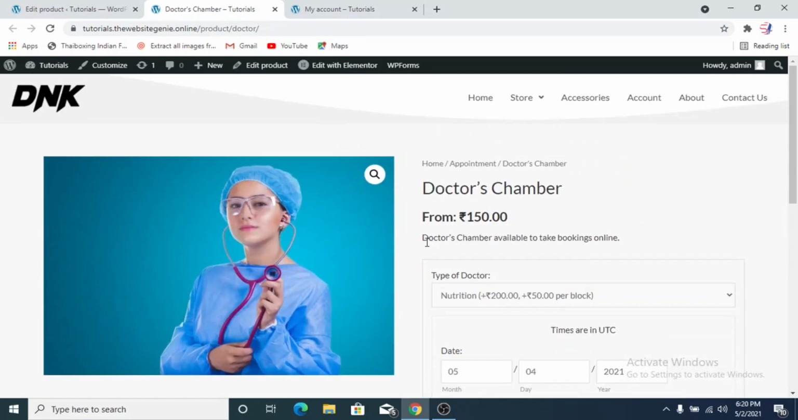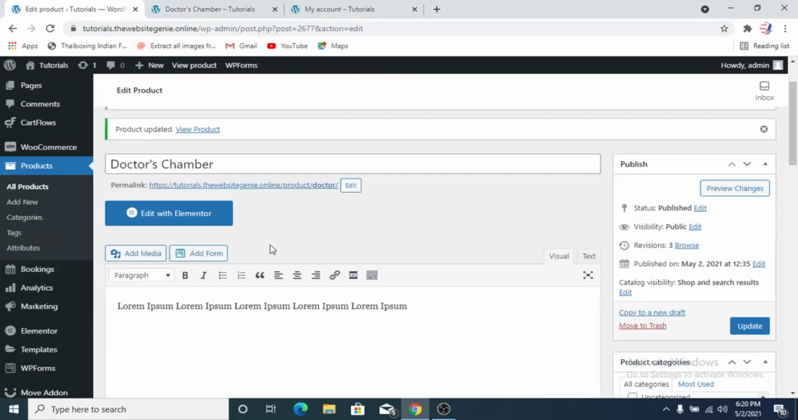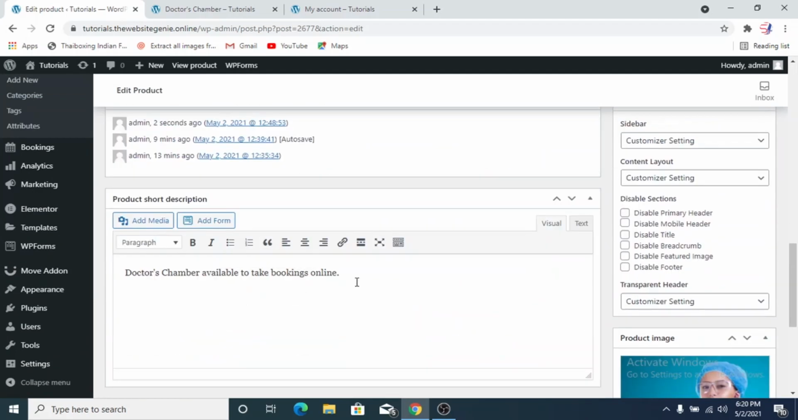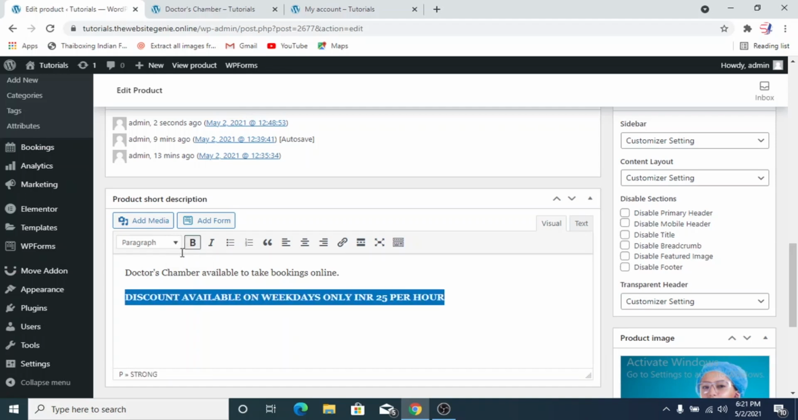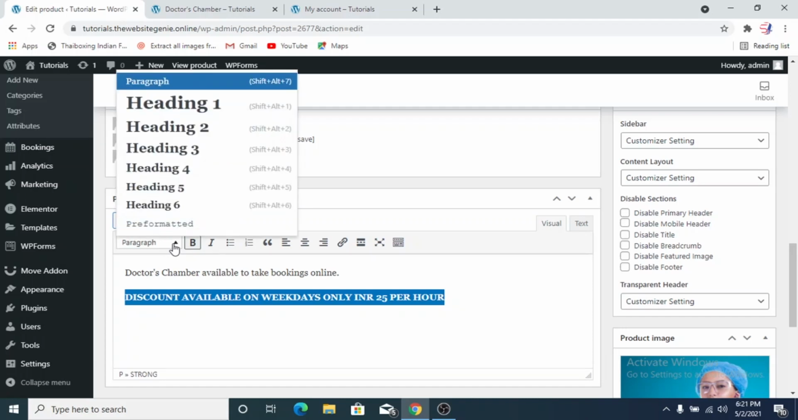So what you can do is, in the product description which you are writing, you can just add something and increase the font size and maybe make it bold and say that an offer is available, or maybe a discount is going on from Monday till Friday. So we'll do something like that. So, doctor's chamber available to take bookings online. And we'll make it bold